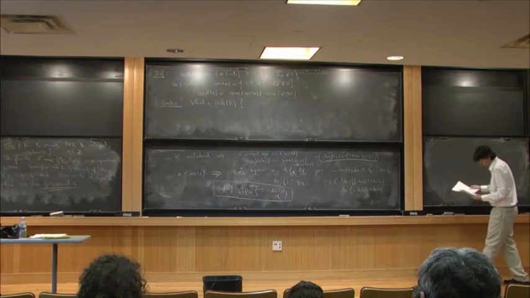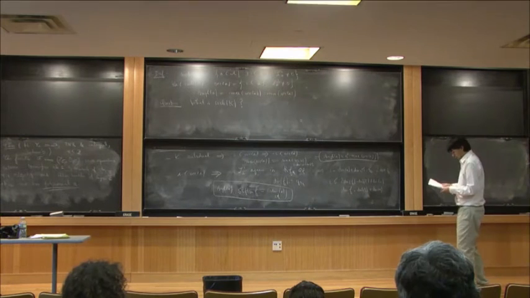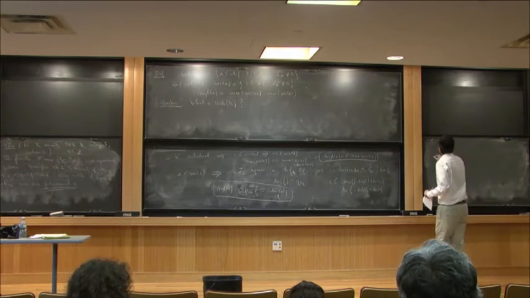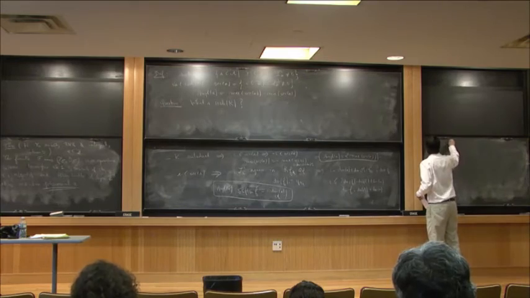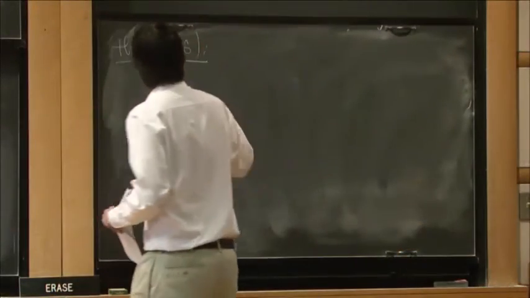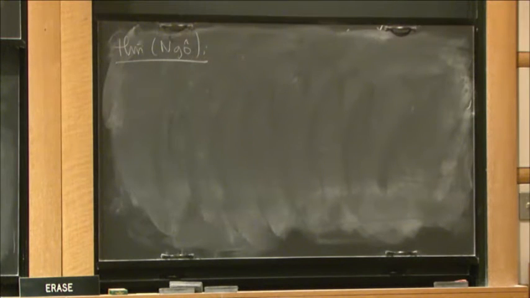And then we have another inequality, which is due to Ngo. This is the key, the technical key part of his work, the key technical point. So remember that we have a